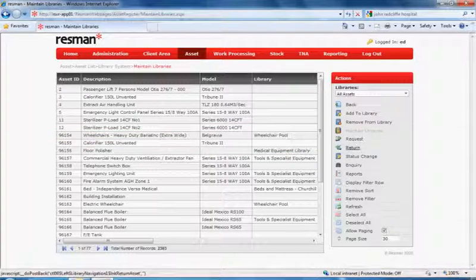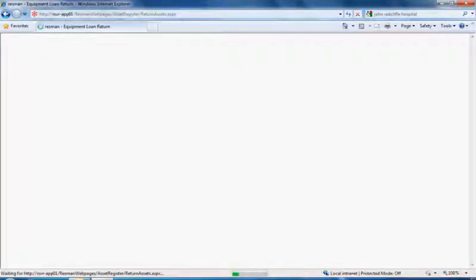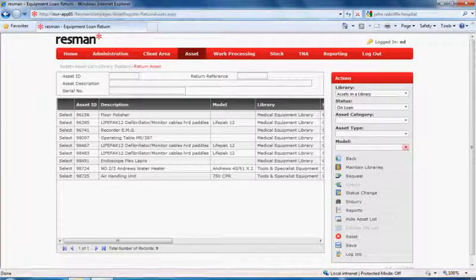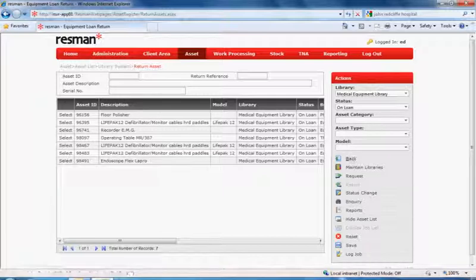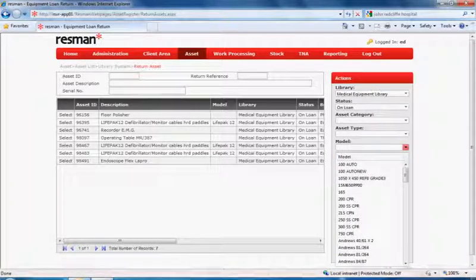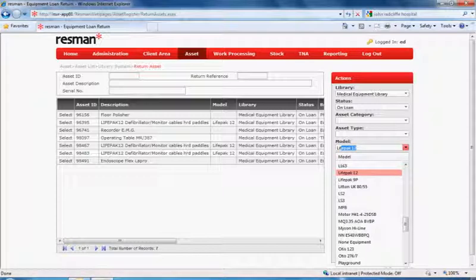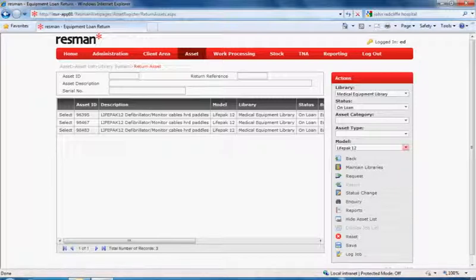So if I click on return item now, the system will show me all of the items that are out on loan. And what I then need to do is filter that further by the specific library that we're in. So if I choose from the drop down the medical equipment library and let that refresh, what I then have are all the items out on loan from the medical equipment library. So I'll use the model reference to trim that list, refresh again,